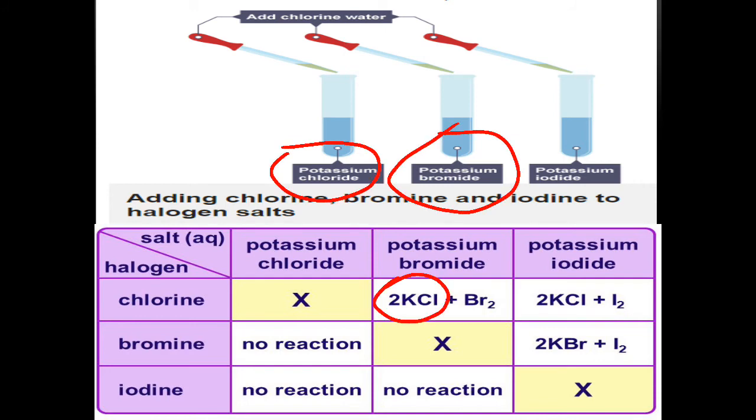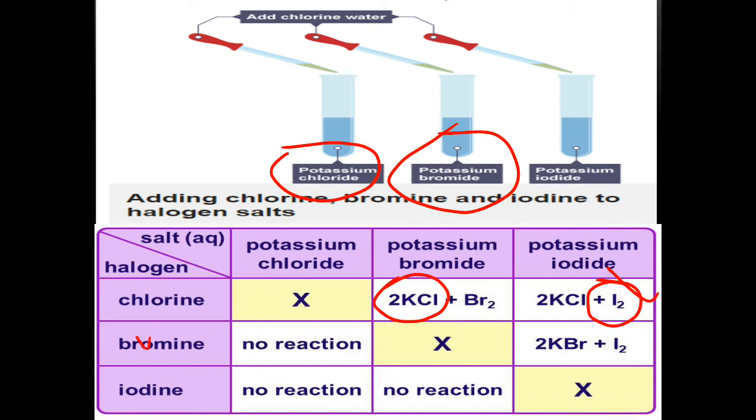Similarly, the color change will be: chlorine before reaction was yellow-green in color, but as the bromine is released in the test tube, the color changes to orangish or light brown. And the same chlorine is reacted with potassium iodide to release iodine. It will be displacing iodine from its compound, and iodine will be released in the test tube. And as you see, iodine is violet in color. We will be finding the color change. The color will get darker.